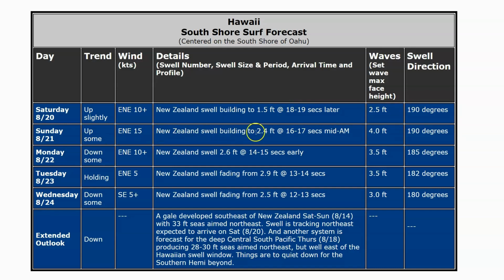And then on Sunday, builds even more to 2.4 feet at 16 to 17 seconds mid-morning. That's 4 foot. It's not going to be 8 foot, but maybe a foot or two overhead, something like that. Continuing on Monday, 2.6 feet at 14 to 15 seconds early. Again, 3.5 feet, so a foot overhead or so, maybe a little bit more. And then additional energy from that second pulse that we saw on the charts arriving Tuesday, 2.9 feet at 13 to 14 seconds, 3.5 feet on the Hawaiian, we'll say a foot or so overhead,